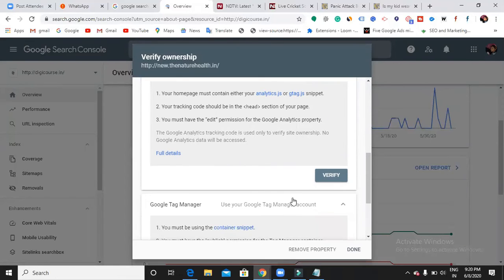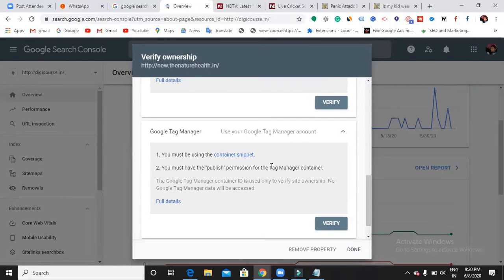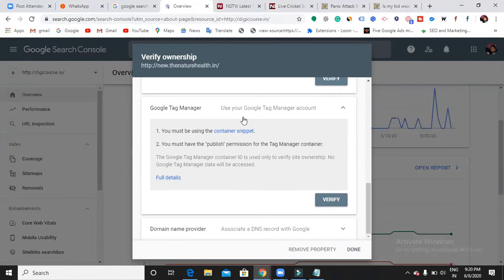Google Tag Manager is another tool. We're going to discuss it later. As of now, not required. This Google Tag Manager will help you manage each and every code that is present in your website. Don't go with it now. We'll have one complete session on Google Tag Manager.